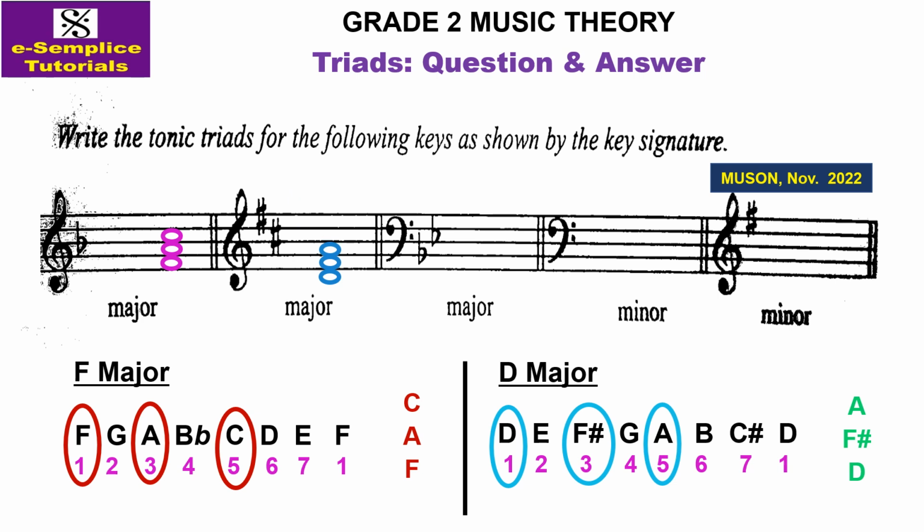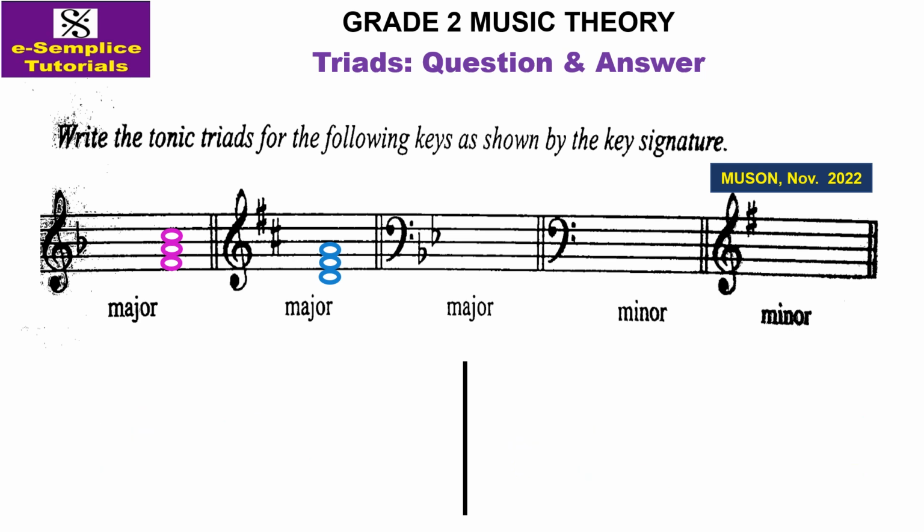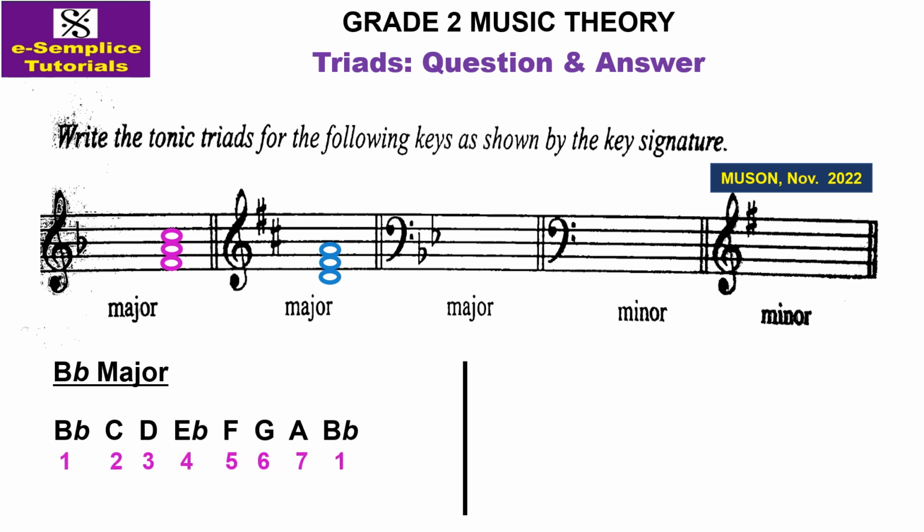Then F sharp, then A. Next is another major key, and a major key with that key signature is B flat major. As usual, go through the process. The tonic triad, first, third, and fifth degree. Stack, you have B flat, D, and F. Put that on the stave. B flat, D,